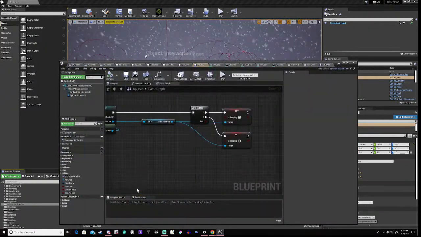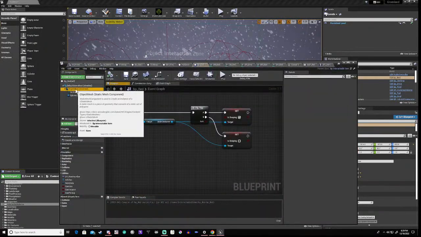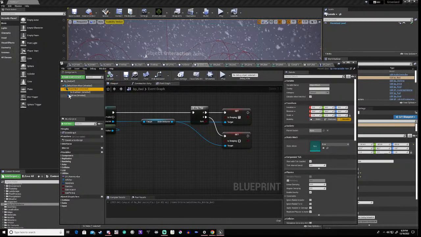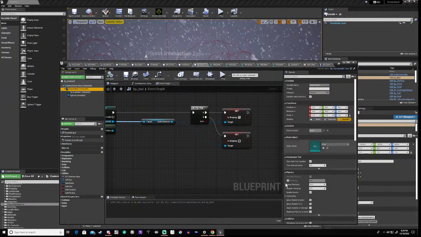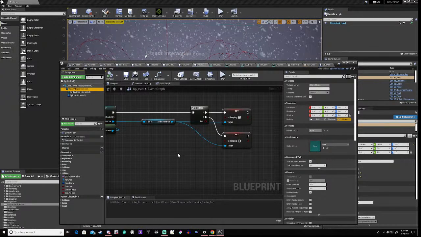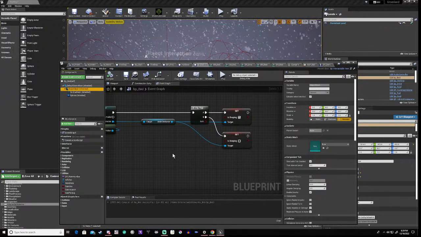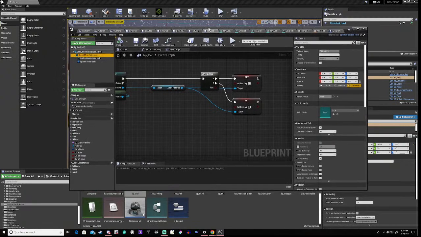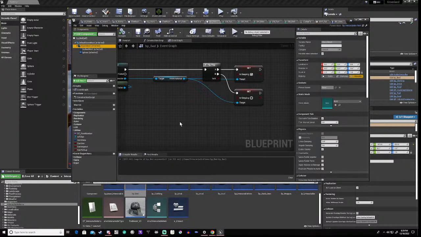Now, give me a second. Ah, damn it. Now that's okay, right? Because you'll notice the bed has no static mesh or anything. Well, this is the system that I'm working on, that we don't need any of that stuff, right? We could put it in here, but it's going to load it itself anyway,